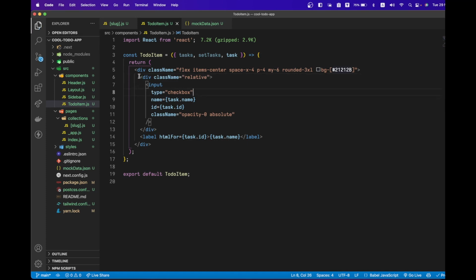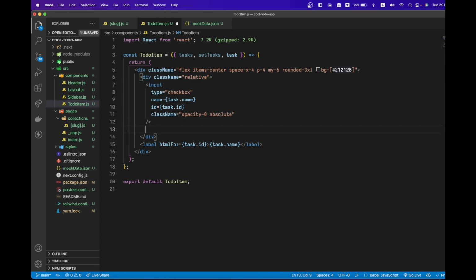So what it does, this checkbox is absolute positioned relatively to this division,